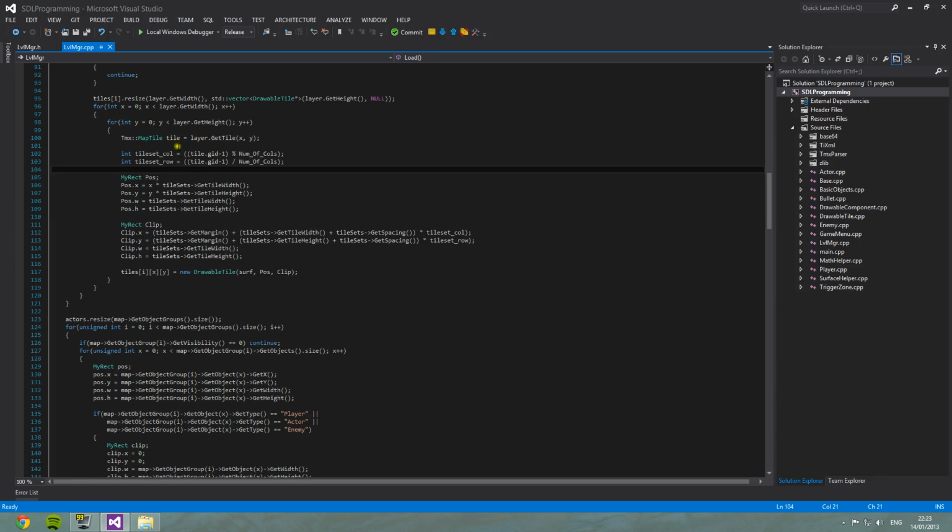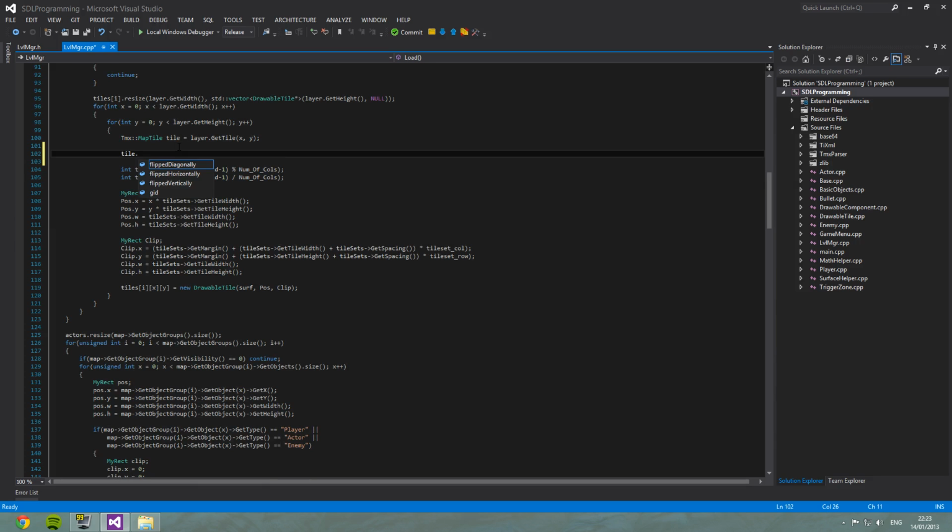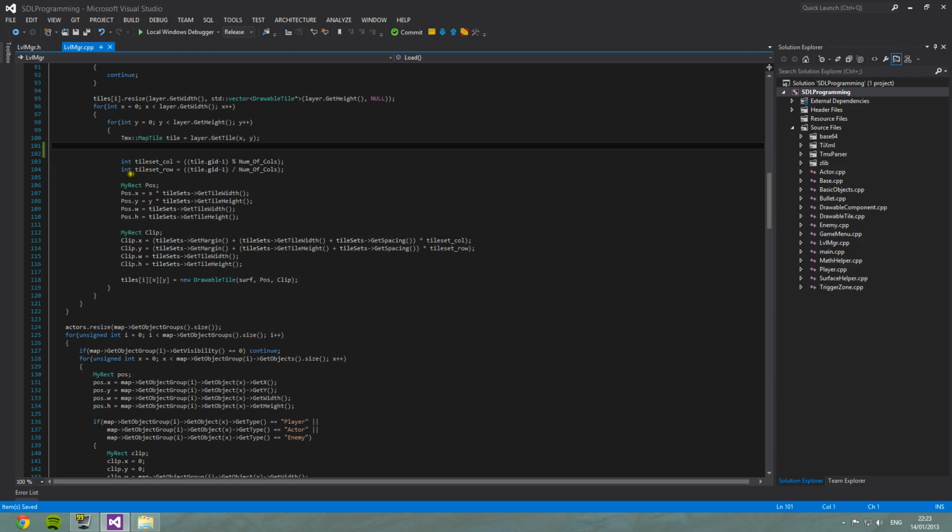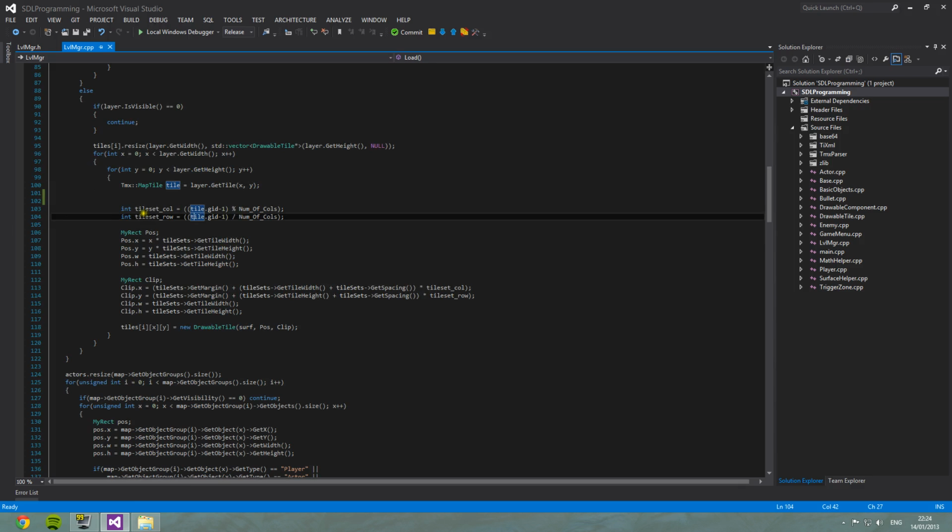I mean, we can go in and get a lot of these tiles. Okay, so we can actually get four different things from that tile. And what I've done here is gotten the ID of the tile and gotten the row and the column. So basically what I've done here is just pulled the information of the tile set from the tile. So I've got the ID of the tile, the ID of the tile within the tile set, and then gotten the column and the row. So this is important if you want to be able to get the correct graphic from your tile set. So that's this bit of code here. So tile set column, tile set row. Then what I do with that is get the clipping x and y for this tile set row and column, and that's